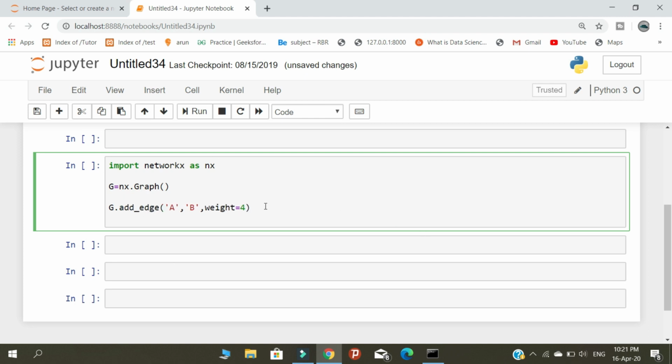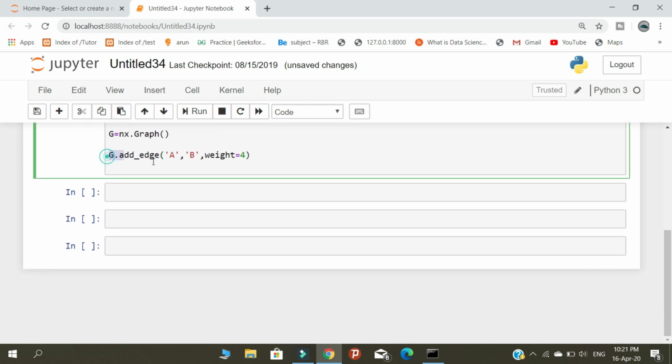G is the graph that we defined, and we call add edge.